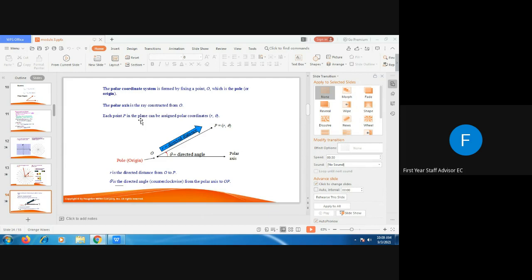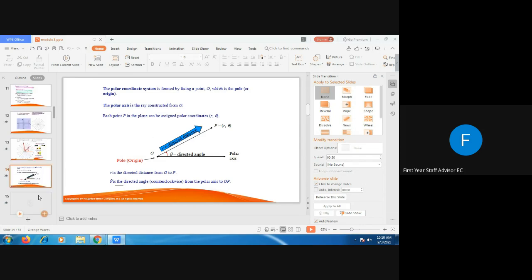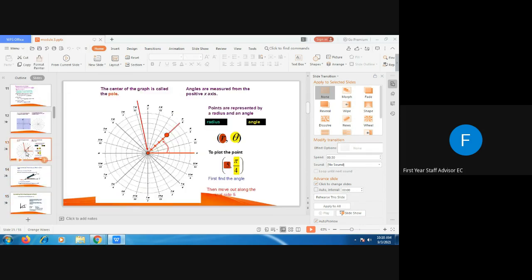And then the third one is triangular form, where we represent r into e raised to j phi, where e raised to j phi is cos phi plus j sin phi. So those are the three methods to represent an AC quantity. We will see in detail in the next class. There are some numericals we have to do related to that.